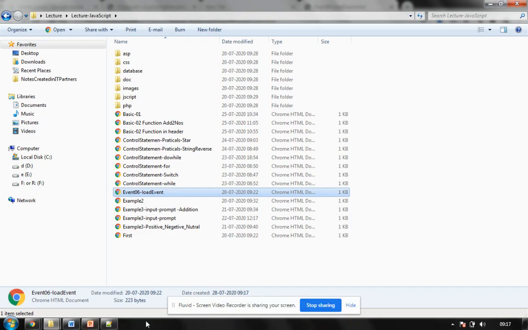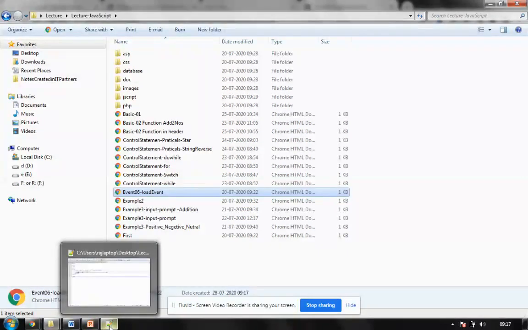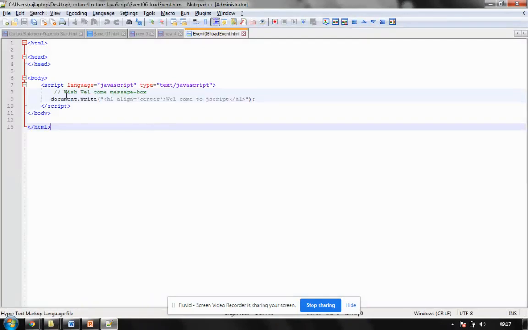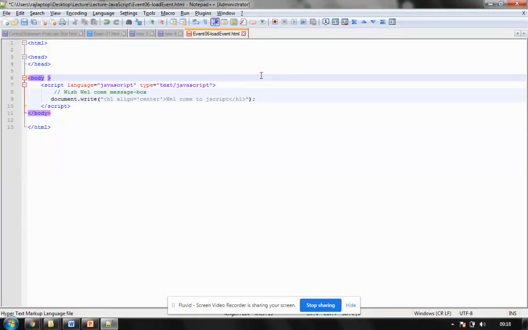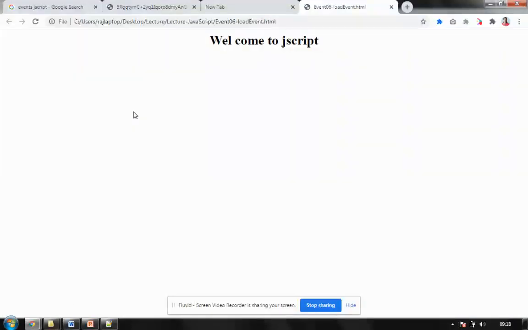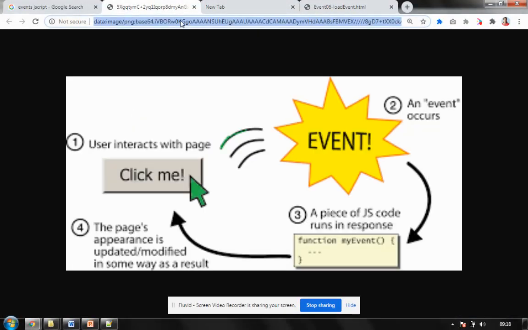Okay, that is done. Now I want to add an event to it. When you want to add an event, I want to add an event to the load part of it. The load event is associated with the body. So in the body, I have to use a load event. If I check the syntax of the load event on the internet, it's very similar to this.